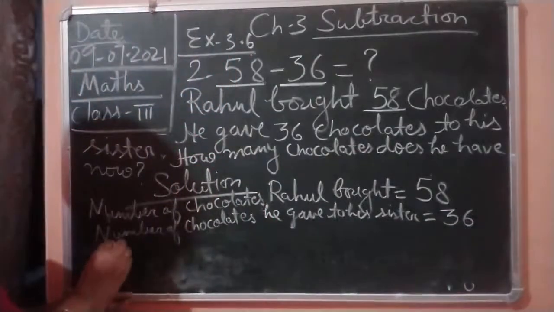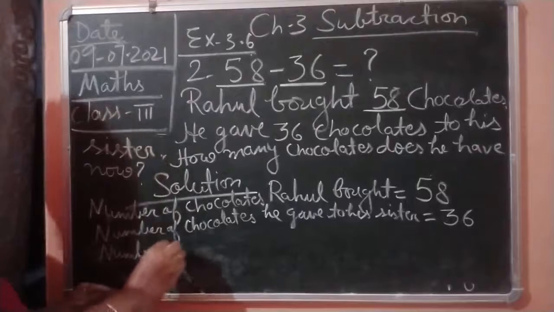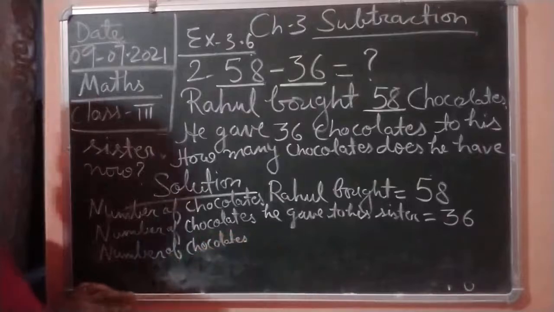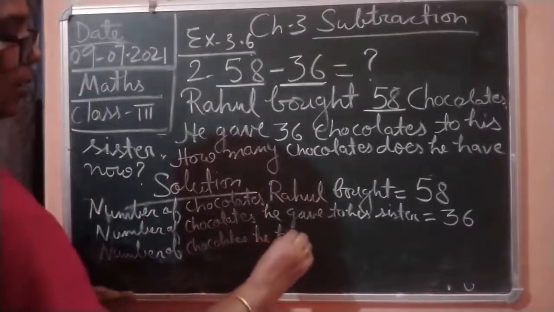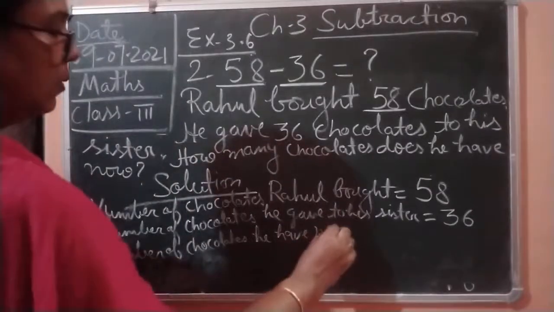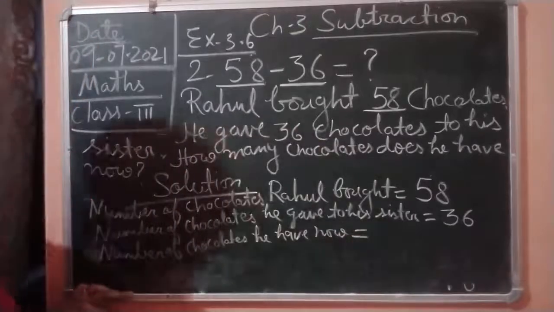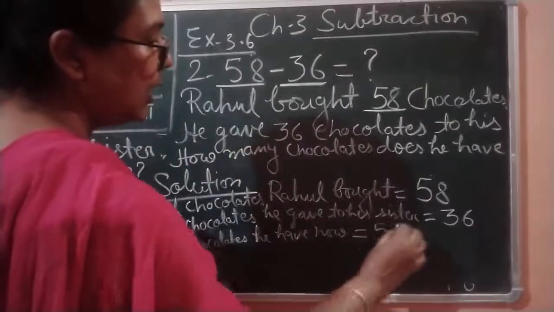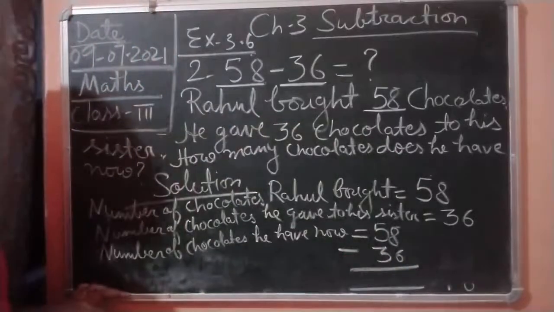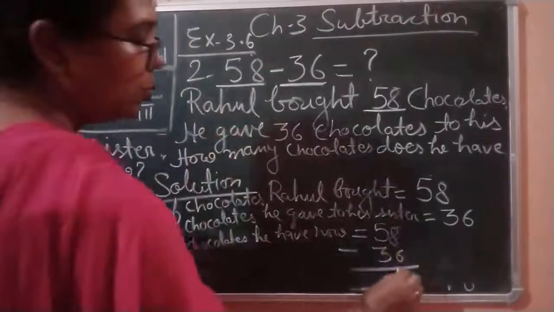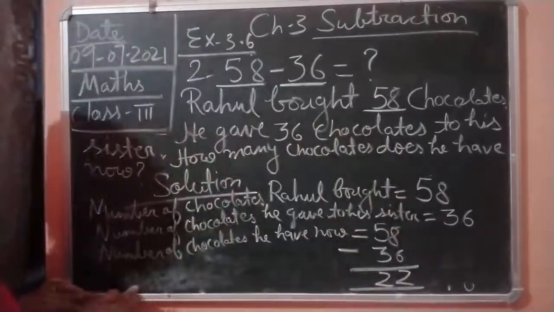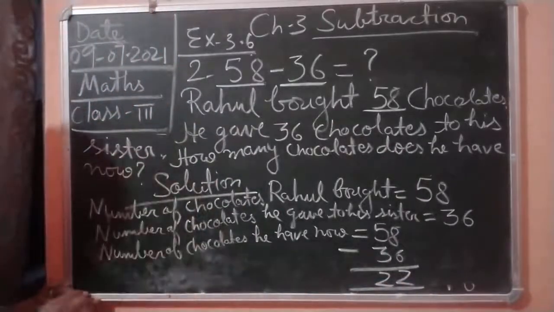Now number of chocolates he has now. Okay, now you have to subtract 58 minus 36. So here it is simple subtraction. 8 minus 6 you will get 2. Now 5 minus 3 equal to 2. So the answer you will write over here, children. Answer: